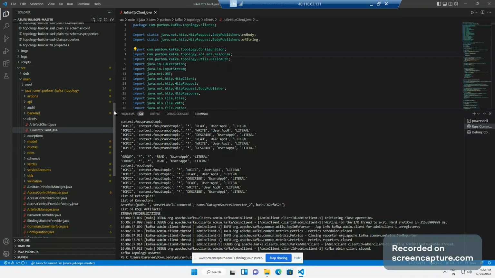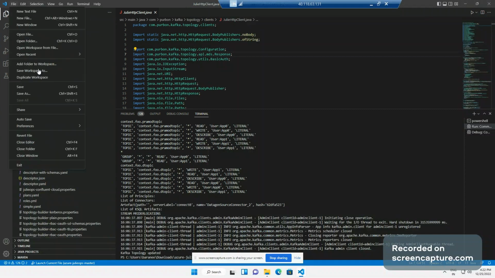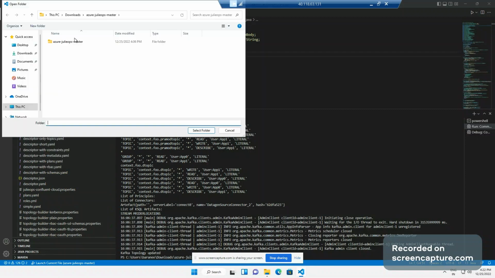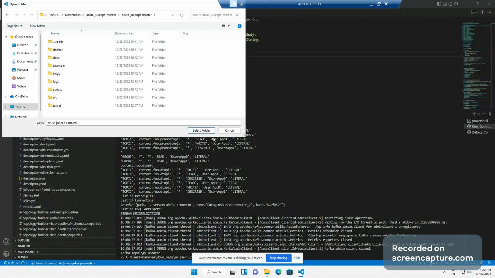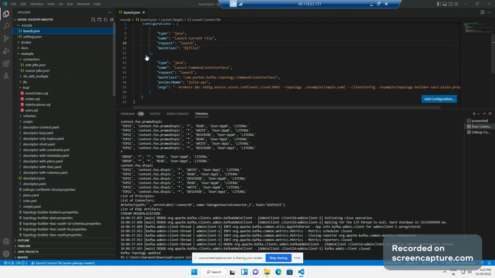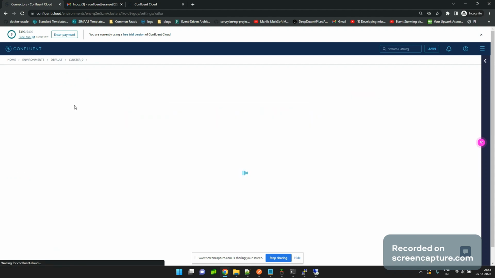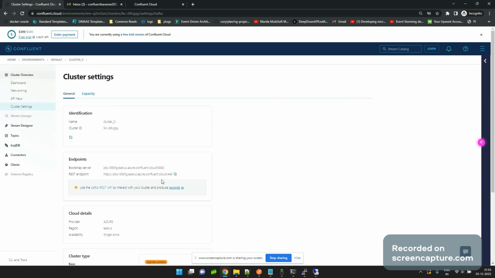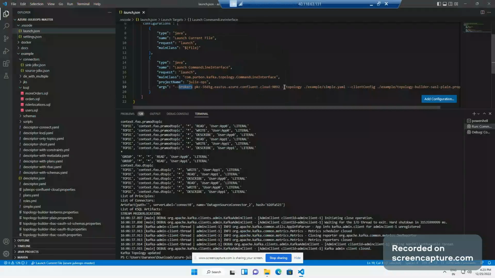First, you need to download it, and you can extract it using open folder. You will be able to get the code like this. And you need to worry about a few files. If it's Visual Studio, then worry about a launch.json file where you need to pass a few parameters. One of them is brokers. The detail you will be getting from here in your free subscription or a paid subscription. You'll be getting a Bootstrap server. It goes there, and the topology file which explains the